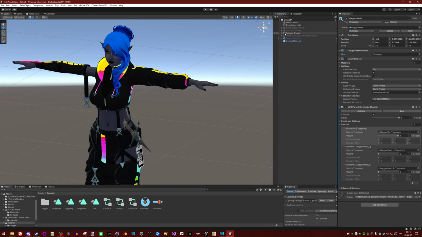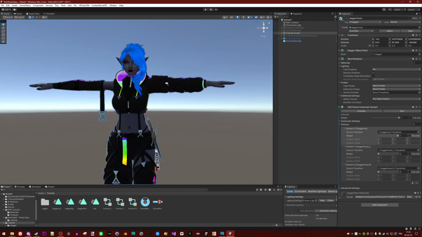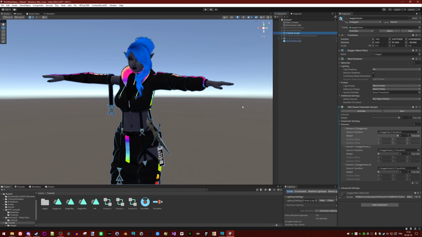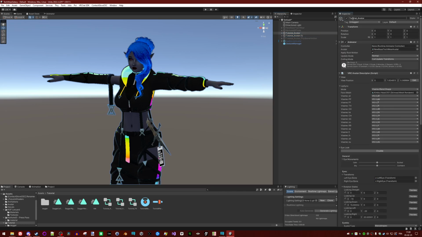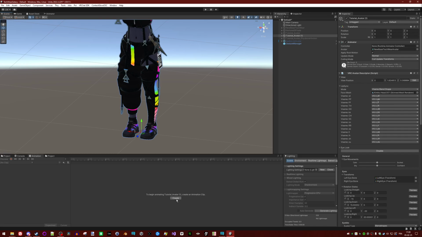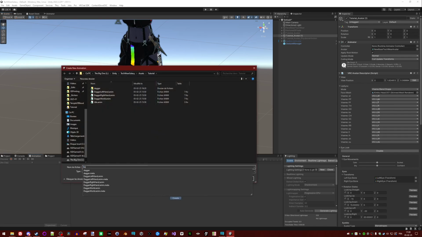So quick piece of advice. I don't know if it's still true today, but I know that creating animations directly on your avatar could cause issues. I don't know if it's still the case, but I still work on a copy. So Control D, I now have a copy. I will work on the copy. I will hide the original, work on a copy. So I'm now on a copy. I go to animations. I click create. So I will create dagger hips.